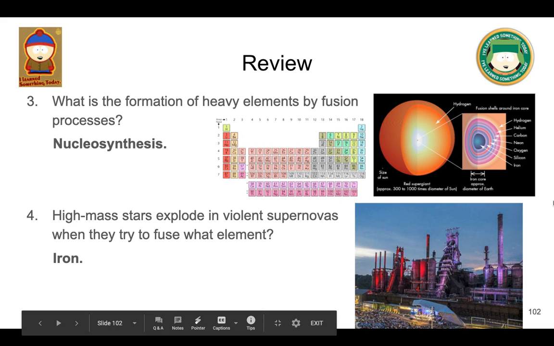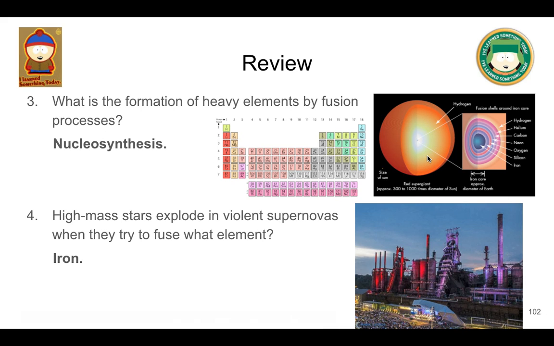So, all of this stuff happened in a high mass star millions of years ago, billions of years ago. That high mass star died and exploded when it tried to fuse the iron, and then it shot all of that iron out into space. And that iron became part of a gas cloud, and that gas cloud eventually became a protostar and a planetary disk, and gravity brought all the stuff together, and the stuff in the middle of that giant disk became the sun, and the little clumps on the outer parts of the disk became the planets, one of them being Earth, which had iron in it from the death of this star.